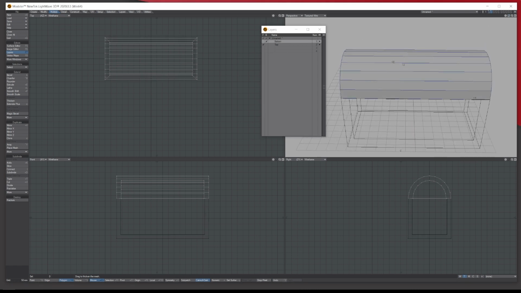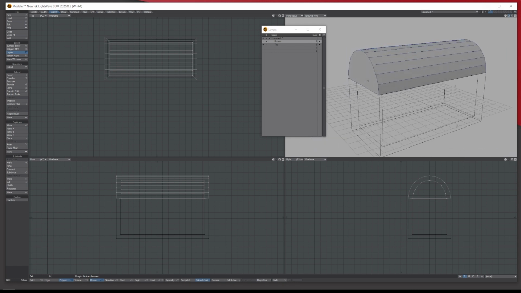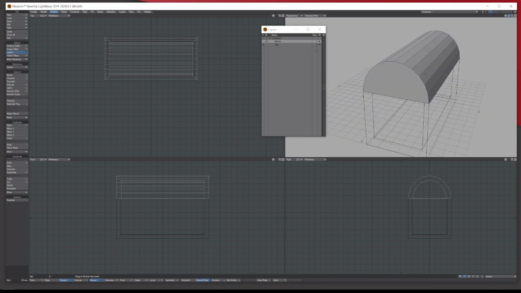So what I want to do is add some ridges around here and parts. Now before I did this, I went on to Pinterest and just put in chests, cartoon chests, and looked at lots of references, and I grabbed a few, put them on my desktop so I can use them as references and create my own from it. So next thing we'll do is add a bit more detail into it.